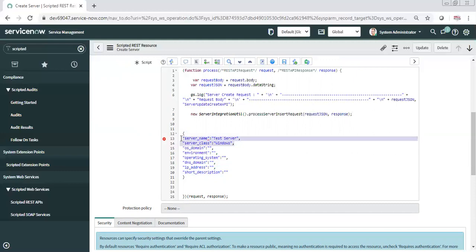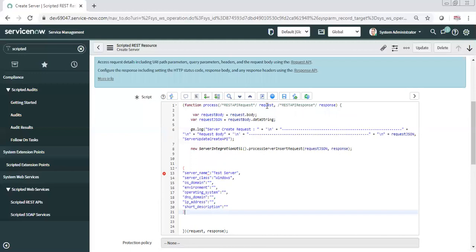But these two parameters are very important. First, name, what is the name, and then class. Class will tell us in which table we need to create the record. So this JSON we will be sharing, right? And they will be sending dynamic values, different for each server. Now when they consume our API, they will send something like this. Whatever they send, ServiceNow will be picking up or catching in an object called request.